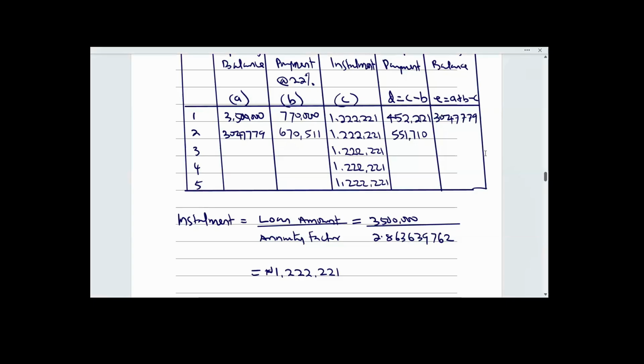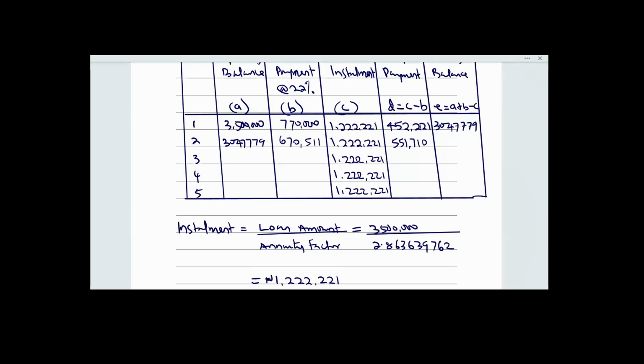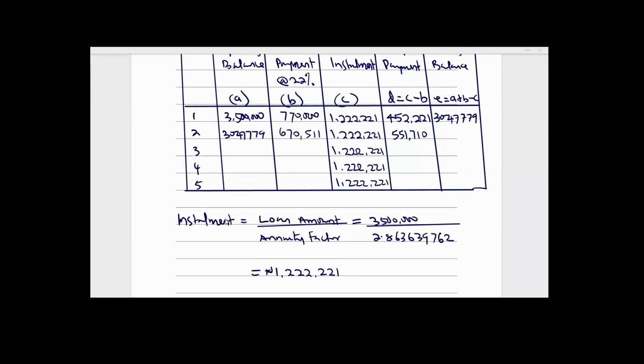All right. So to get the balance at the end of year 2, I can say the opening balance at the beginning of year 2 minus the principal repayment. So 3,047,779 minus 551,710. That will give me 2,496,